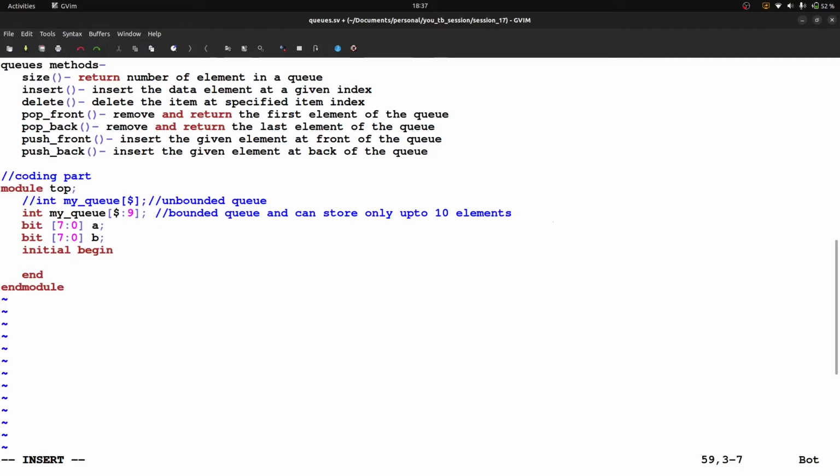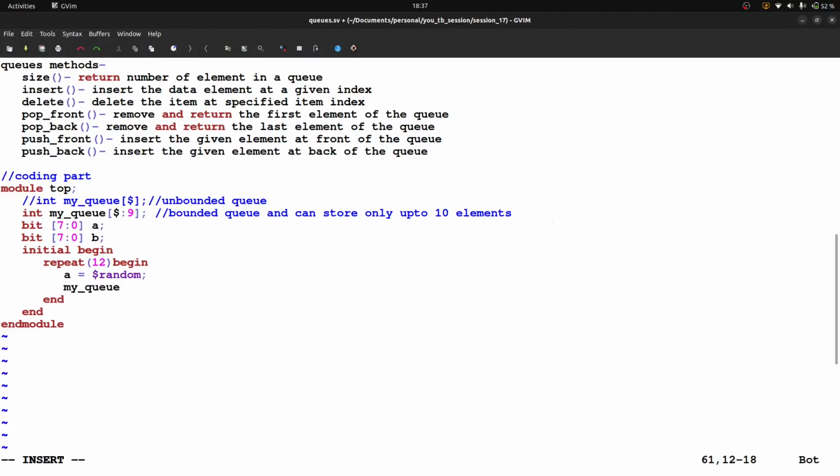So what I can do is simply use repeat begin end, and inside repeat I can put some number. Let's say I am writing 12, and here I am writing A is equal to $random, right?